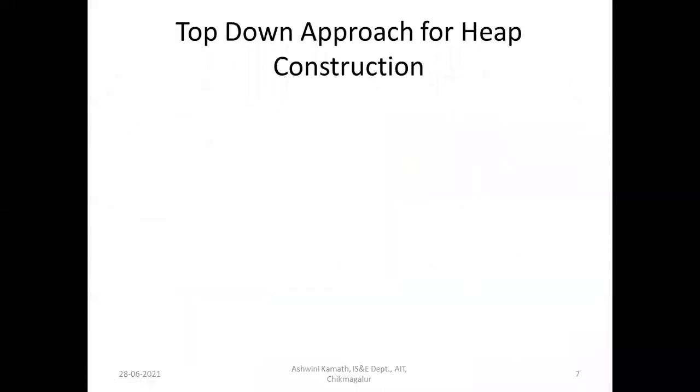Next we'll discuss the top-down approach for heap construction. In the top-down approach, while inserting the node itself, you have to convert it into a heap. We are going to insert one node at a time, and while inserting we check whether it is a heap or not. Consider the same list 2 9 7 6 5 8. We're not going to construct the binary tree directly with all the numbers. We create the binary tree by inserting only one value at a time and converting it into a heap immediately. That's why it is called the top-down approach.